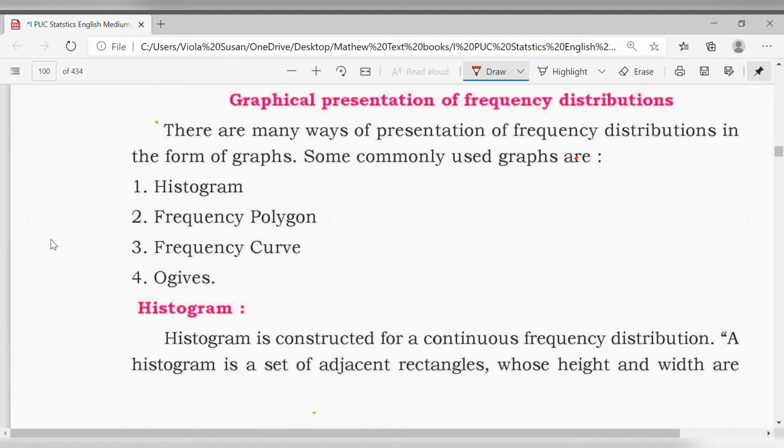Believing that, I'm going to start a new lesson today. Today I'm going to teach you about graphical presentation of frequency distribution, students. In the previous videos, I had explained to you all about the diagrams, one-dimensional diagrams, as well as two-dimensional diagrams. The two-dimensional diagram was only about the pie diagram that I had explained to you, and I hope you have followed that. I wanted you to do such type of problems and practice those diagrams because they definitely occur in the annual examinations.